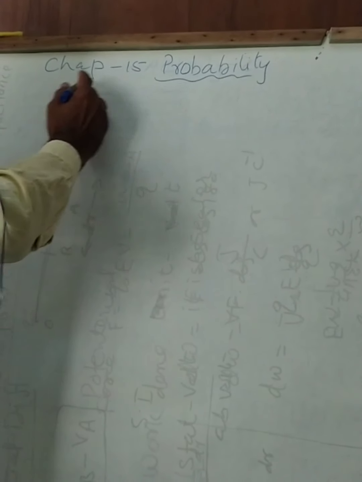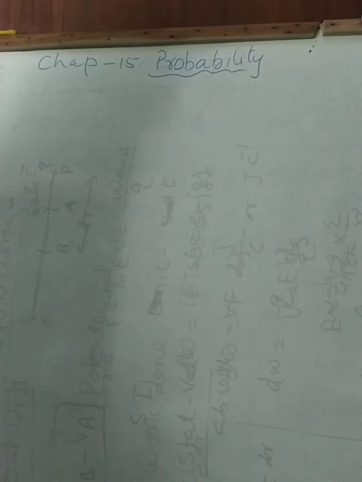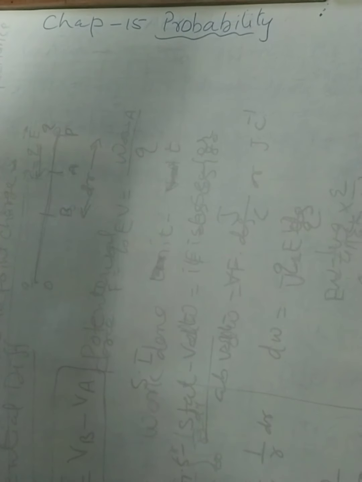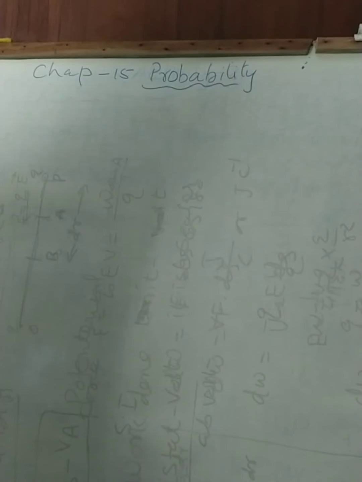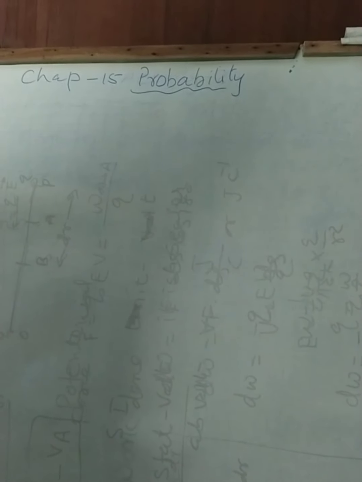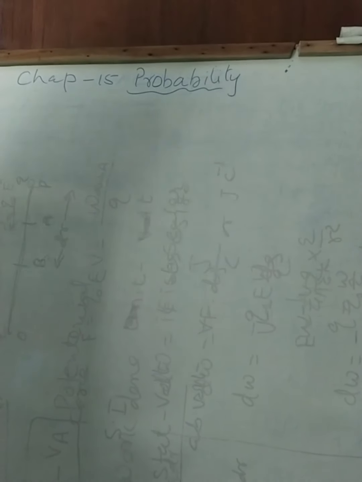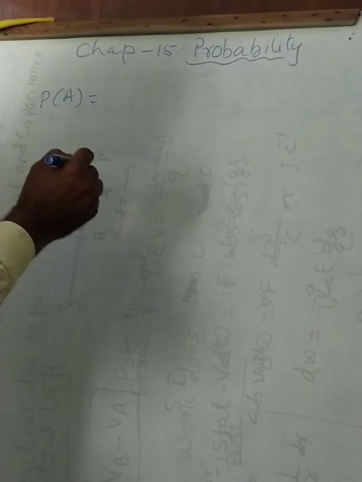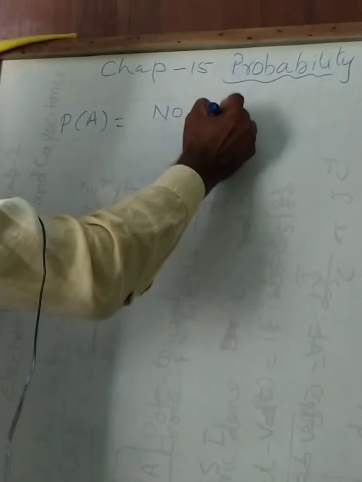We are going to start chapter number 15, probability. So we can define the probability. Probability means the favorable condition of a given random experiment. If we talk about random, that means all the outcomes of the experiment are known in advance, it is called random. So for probability, we have the formula P(A) is equal to